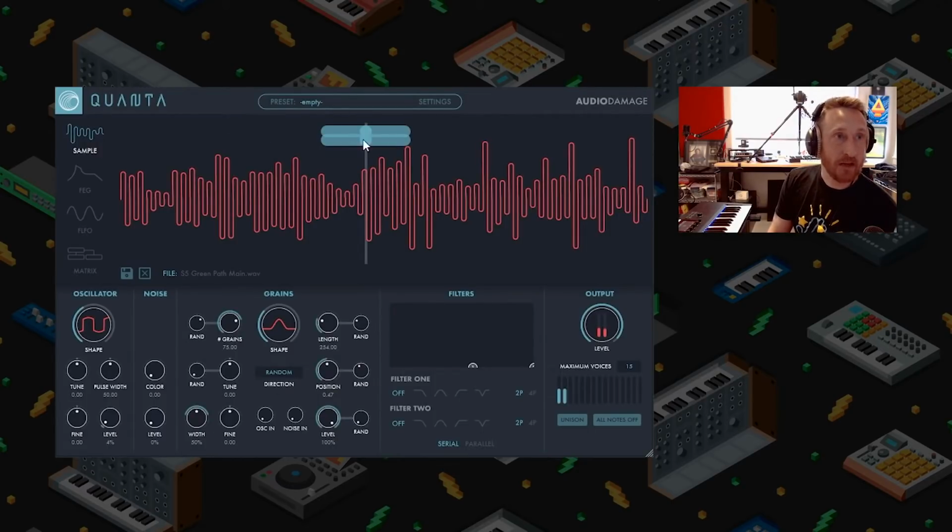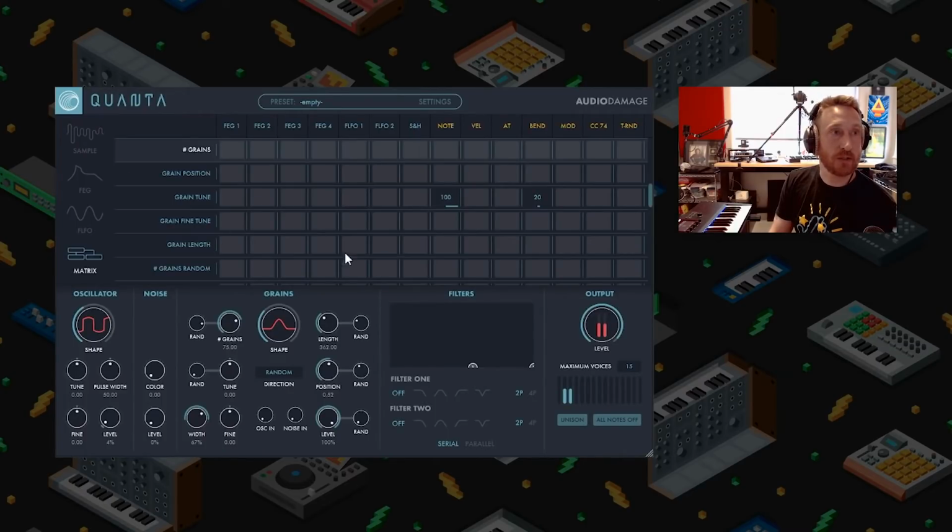So you can see that the grain sample length is determined by these little bars here, which is kind of cool. Like, it's going to be grabbing from that area. You can set the number of grains and set that to random so that it retriggers randomly on each thing. Tune you can set to random, which I'm not going to do. Position, obviously, is position in the sample, and I believe we can automate that, which is really, really cool. We can change the width of the grains. We can actually send the oscillator to the grains, which is really cool. And we can change the level and randomness of the level of each grain too.